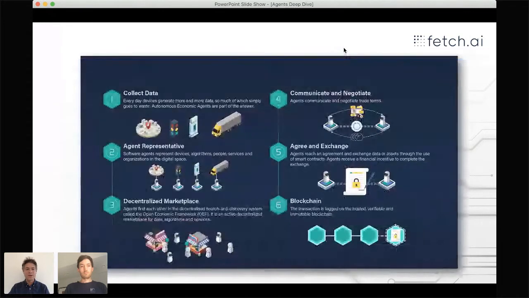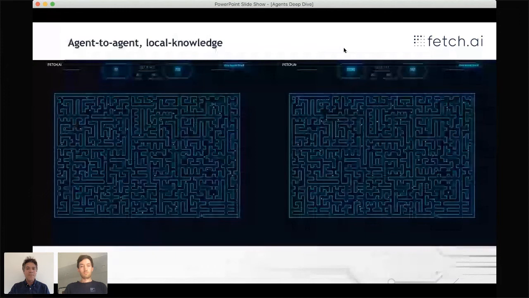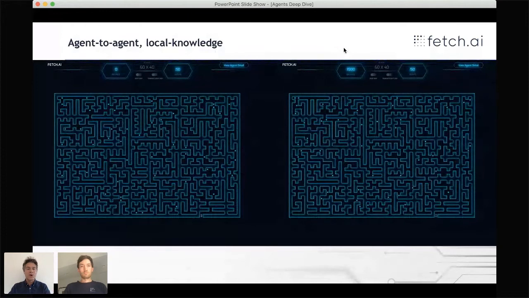Here's a diagram that sums up the structure that I've just been talking about. This was originally a video, but videos don't come out very well on Crowdcast. But just as an example, on your left, you've got a bunch of agents. On your right, you've got a bunch of agents. But the ones on the right are going to communicate with each other about their local environment. And when they do that, they're able to solve the maze much, much quicker than those that are working independently.